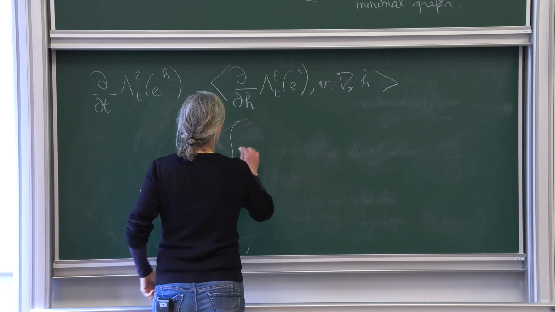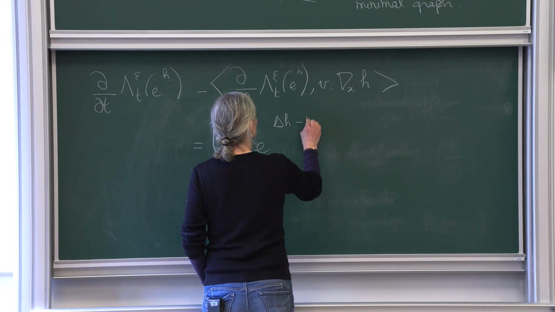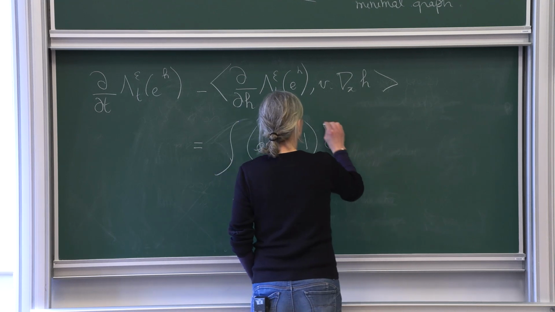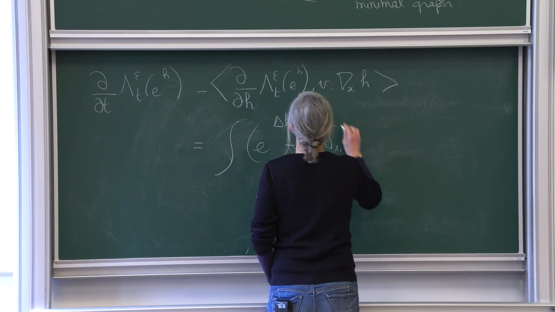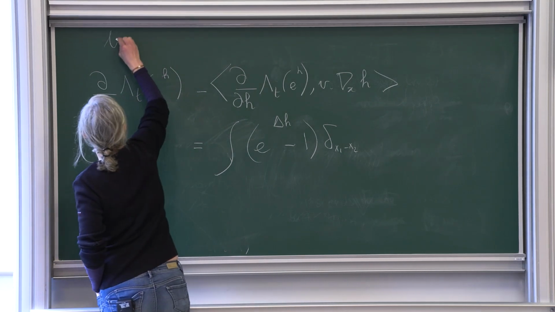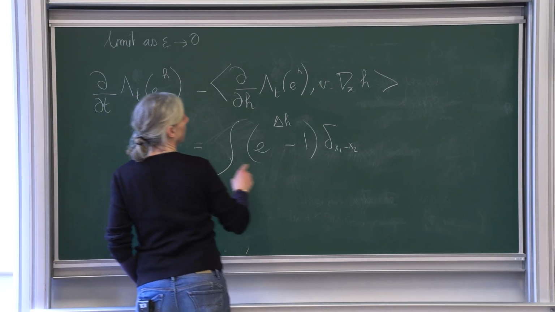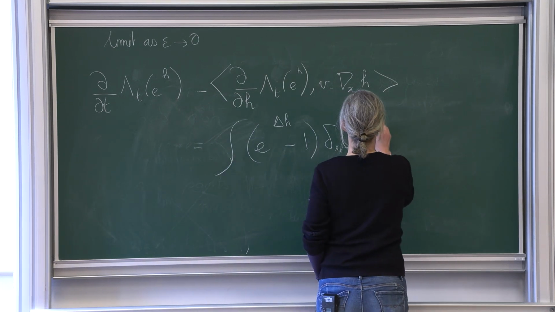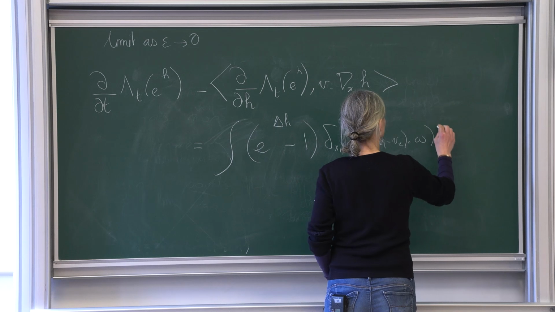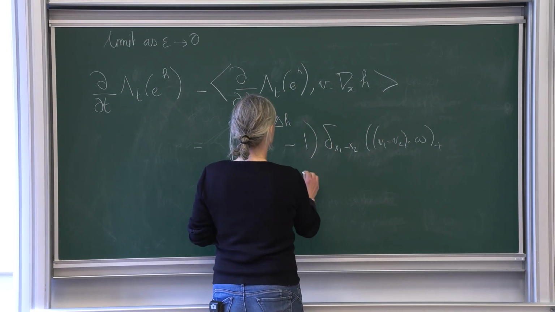Maybe I will just write like this. So it will be exponential of delta h minus 1, the Dirac mass at x1 minus x2. So now I will just look at the limit as epsilon goes to 0. So I will have this one, the v1 minus v2 dot omega plus. And now I have this